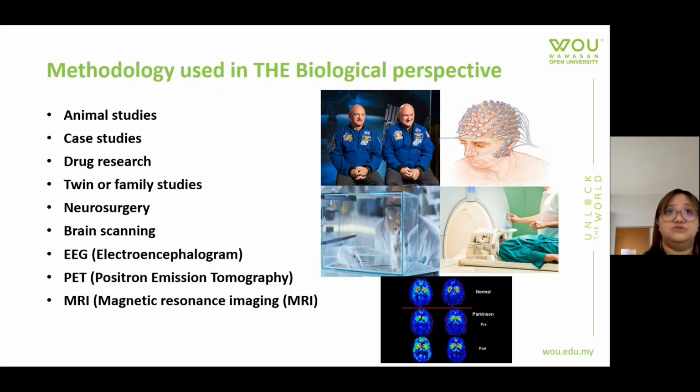MRI nowadays is also quite widely used in the medical field, where they will put the person into a tube. Okay, it's like a space kind of tube, and they go in, and then they use magnetic tools to, how to say, take photos of the nerves and the brain, to see if there is any growth or any abnormal activity, blockage or whatever happens